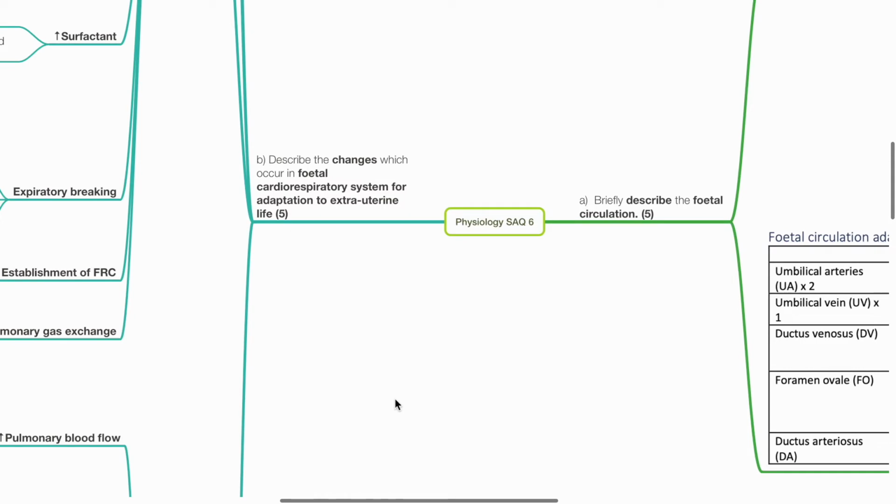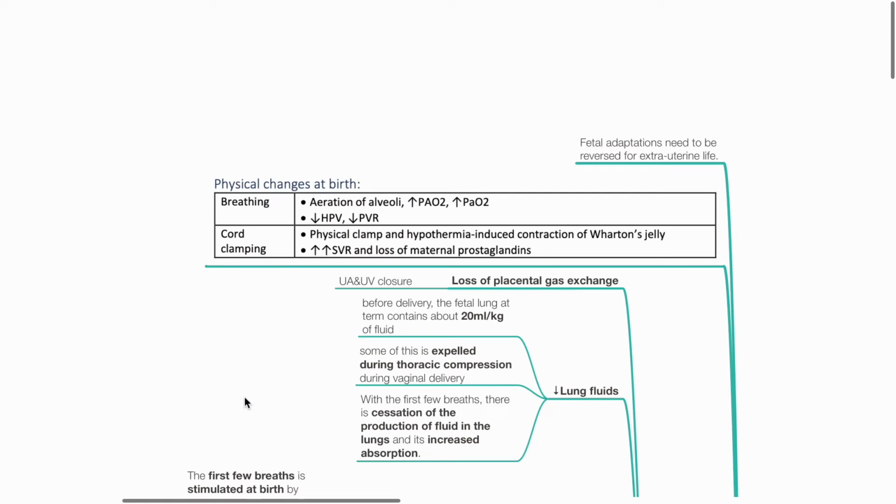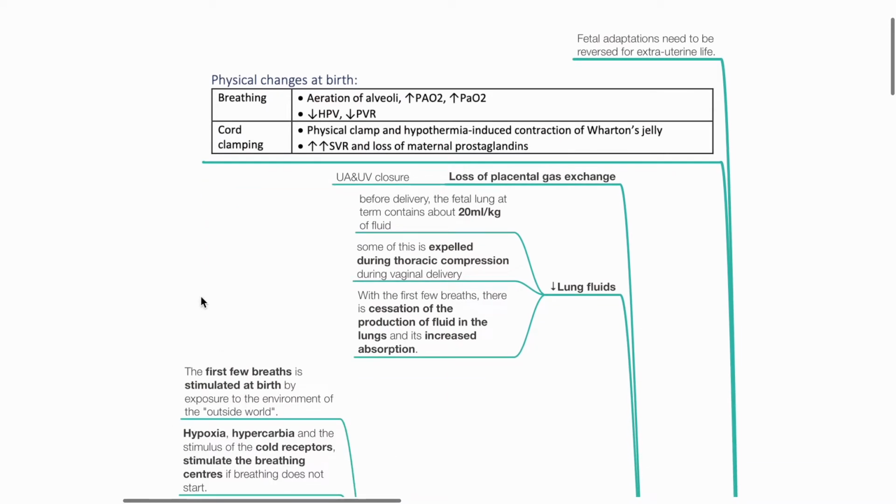B. Describe the changes which occur in the fetal cardiorespiratory system for adaptations to extra-uterine life, 5 marks. Fetal adaptations need to be reversed for extra-uterine life. Physical changes at birth includes breathing and cord clamping. Breathing results in aeration of alveoli, increased PaO2, reduced HPV and reduced PVR. Cord clamping is due to physical clamp and hypothermia-induced contraction of Wharton's jelly, increases SVR, and causes loss of maternal